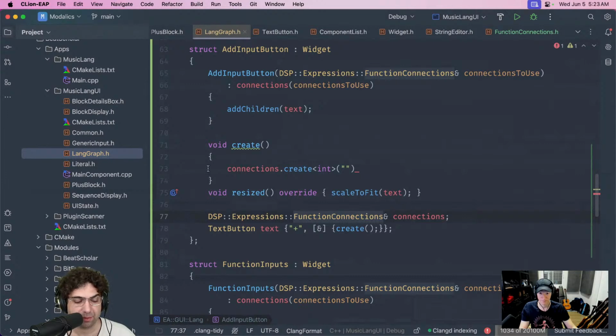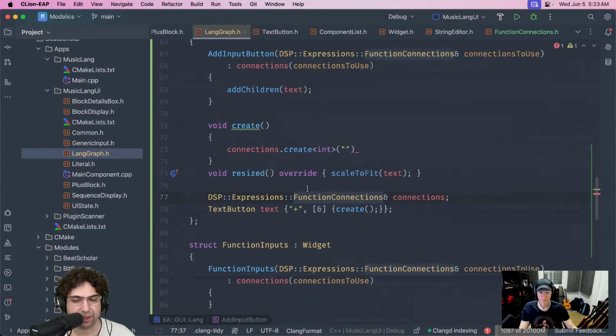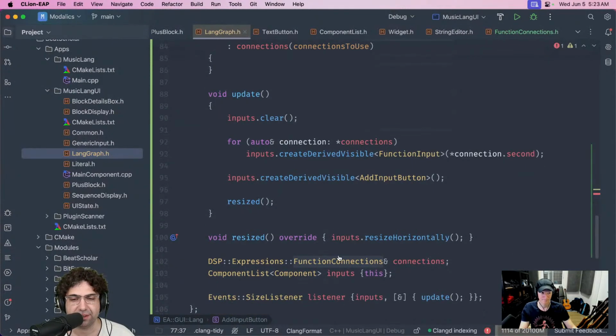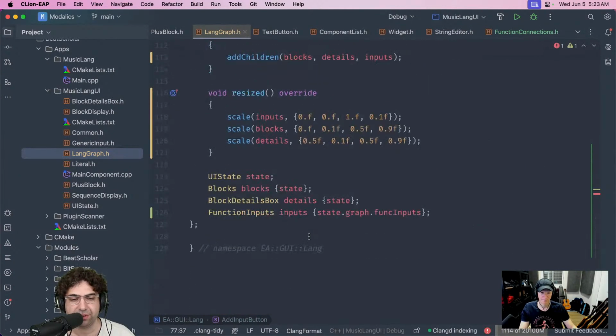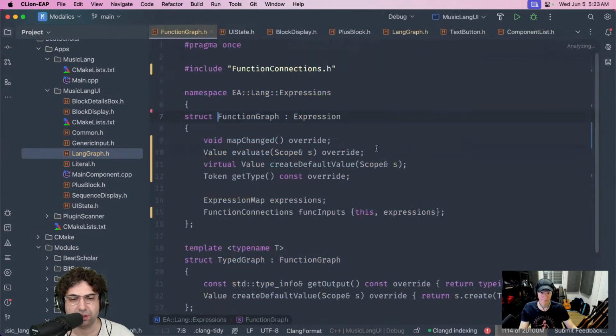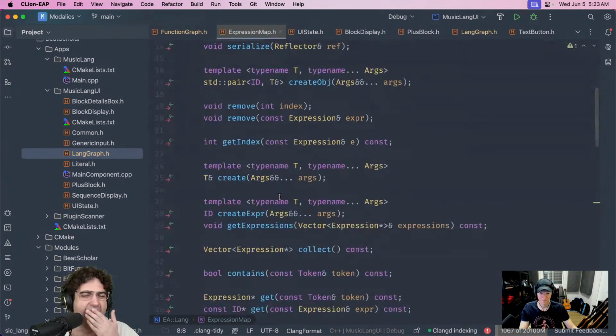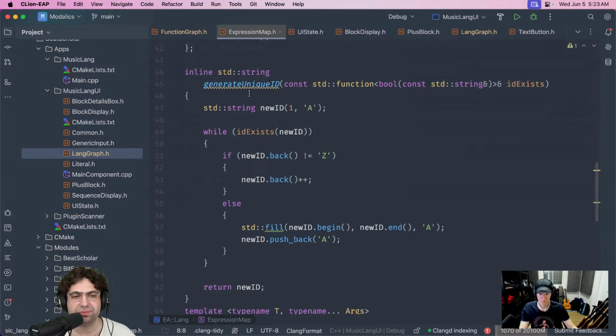Where did I put this function? It's somewhere in the state. Where did I use that? Somewhere around expression map. That function is called generate unique ID, and that is exactly the function I need.